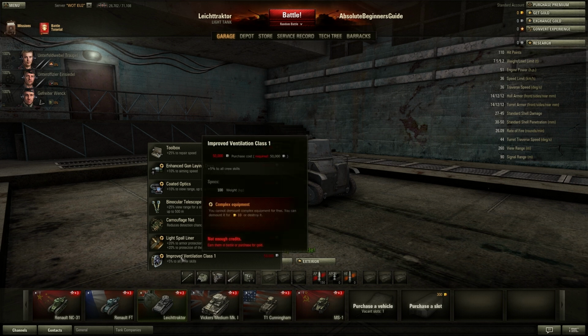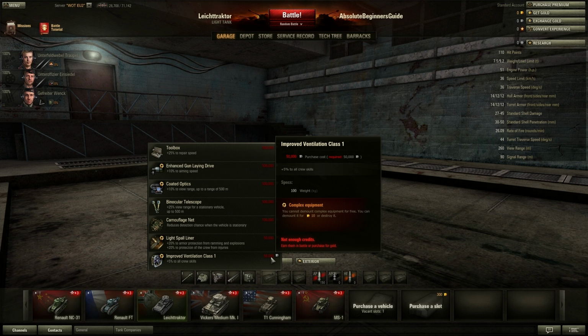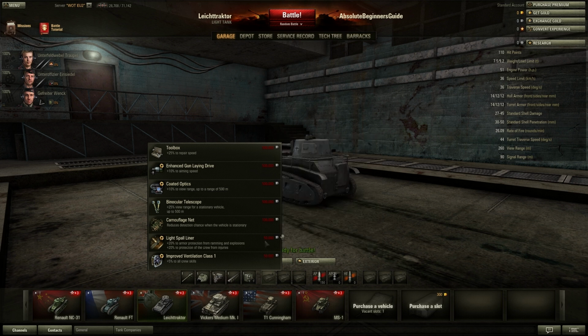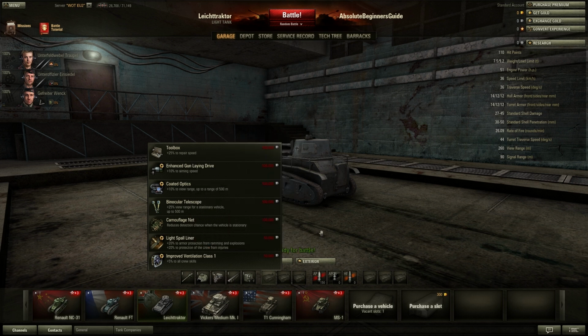So for instance, improved ventilation class 1, that's fine for I think it's light tanks, but as you go up to medium is class 2 and then heavy is class 3. They are not compatible with each other's types of tiers, and so therefore the silver price increases. These are not available for gold, so it's all silver. I'm not going to go through all of these right now, but certainly the ones I'd recommend on most tanks